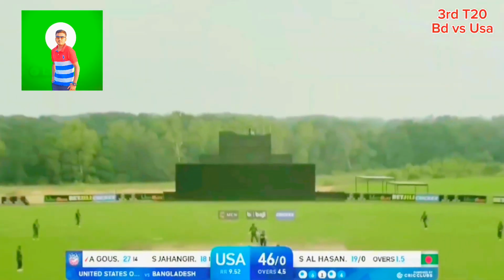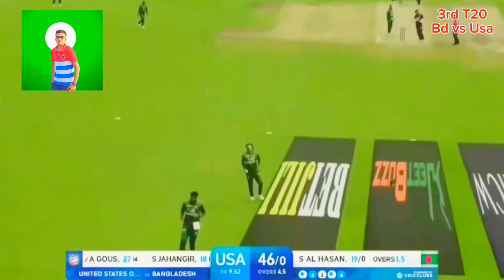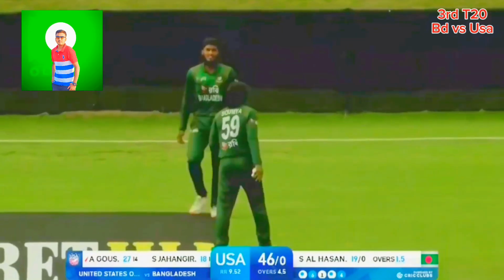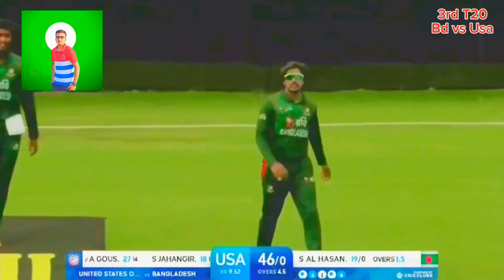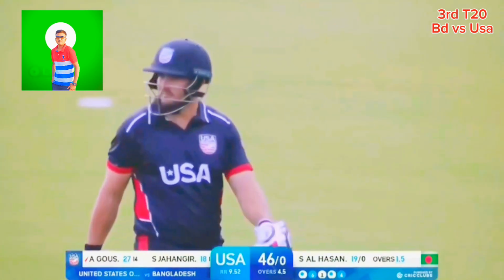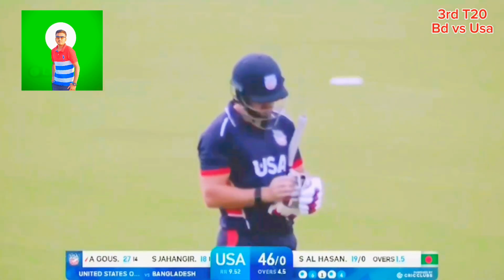This one pitched up high in the air. It's an edge. He didn't get all of it. There's a fielder, two fielders, and he takes the catch. A little bit of air, but more importantly, these two fielders almost collided, and that would have been a disaster for Bangladesh. But House, who ran rampant for the first three overs, is out for 27 off of only 14 deliveries,